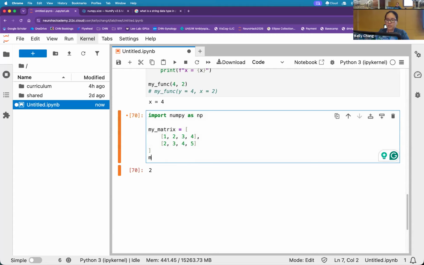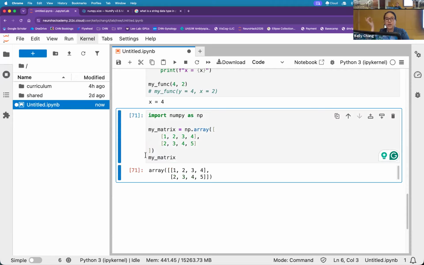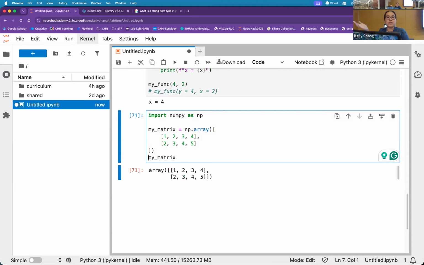Well, people thought of this problem and people said lists of lists are sort of dumb when we want to talk about 2D representations of numbers. And so let's call np.array. So instead of having a list of a list, numpy.array or np.array turns this list of lists into a numpy nd array. And so let me actually call on it and you'll see. Note that the print syntax is different. That's because numpy automatically defines this particular matrix variable as an nd array, and so it'll have different print outputs as a default.